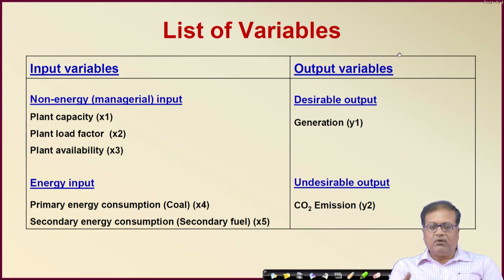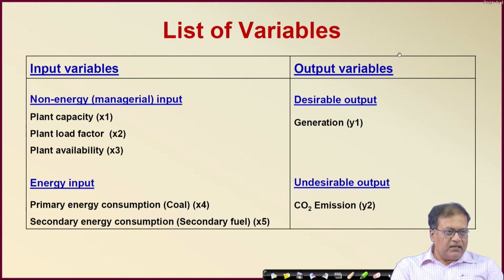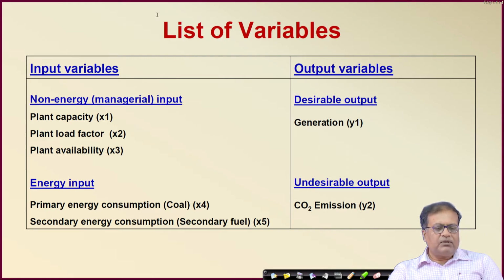So, a linear programming problem is formed and that linear programming problem is solved to find the weights, and when you find the weights, that should be the relative efficiency of a given unit. That is the broad procedure of DEA. I am not going into details now, these I will discuss maybe in my next class, where I specifically talk about DEA. Is it all right? So, these are the inputs and outputs.